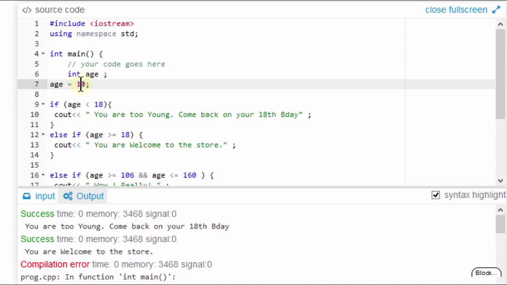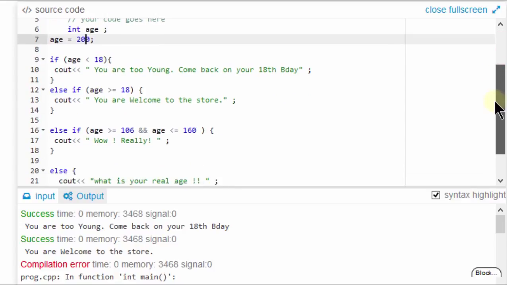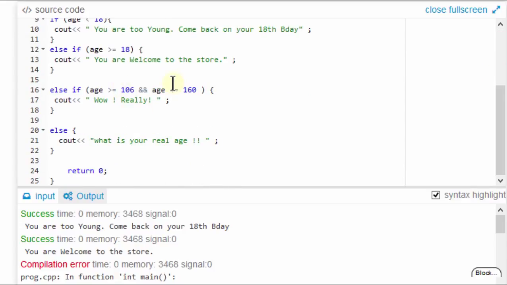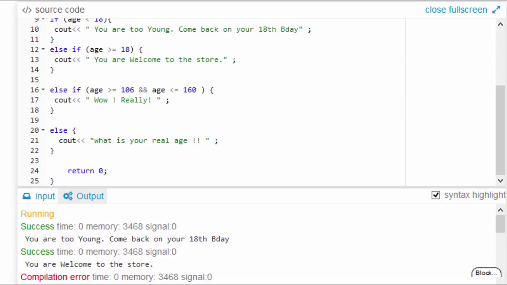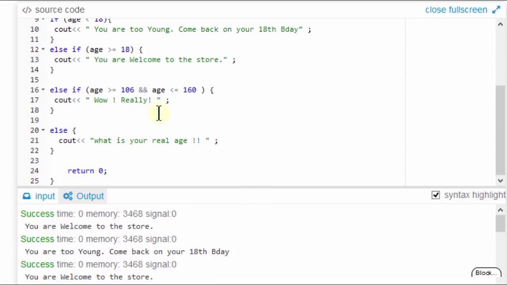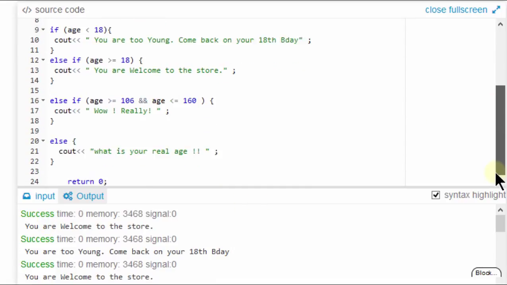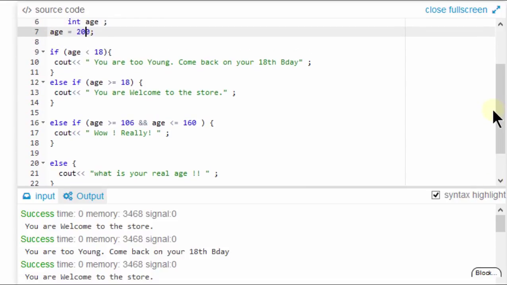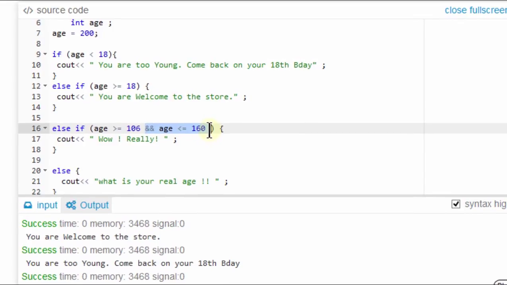So what if we say it's 200? If we say it's 200, it's not going to fulfill any of this. It's not going to be in here, not there, not there. So if you run this, okay, you can see why I was saying that I should have added an "and" along with this. So let's just add that here, at least to help. And Control C,